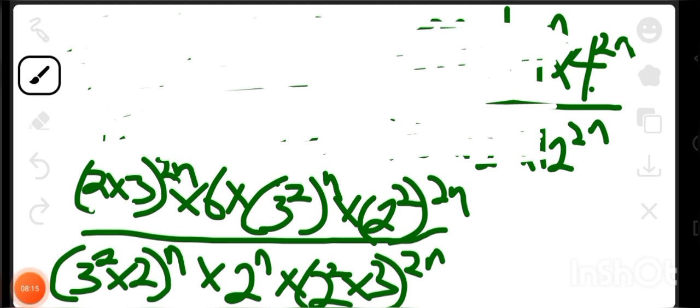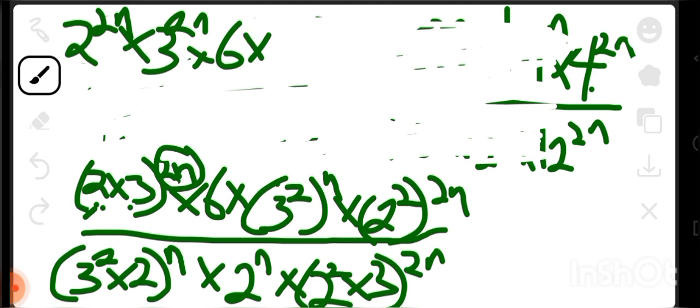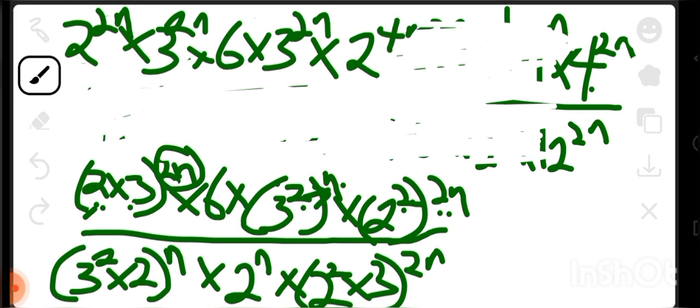So we are going to have this for this first one. We're going to be having 2 raised power this power here, which is 2n, times 3 raised power the same power, 2n, times 6, times 3 raised power this, and this will multiply. Just multiply those powers, 2 times n, that is 2n, times this and this will multiply, 2 times 2n, that is 4n, 2 raised power 4n, then over